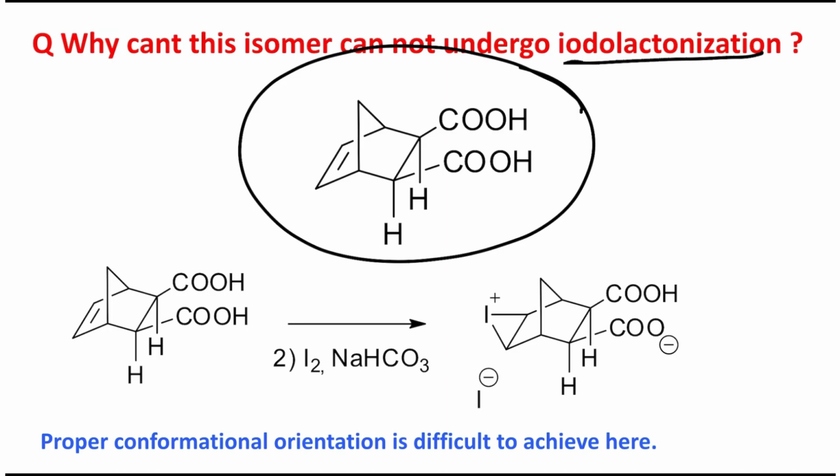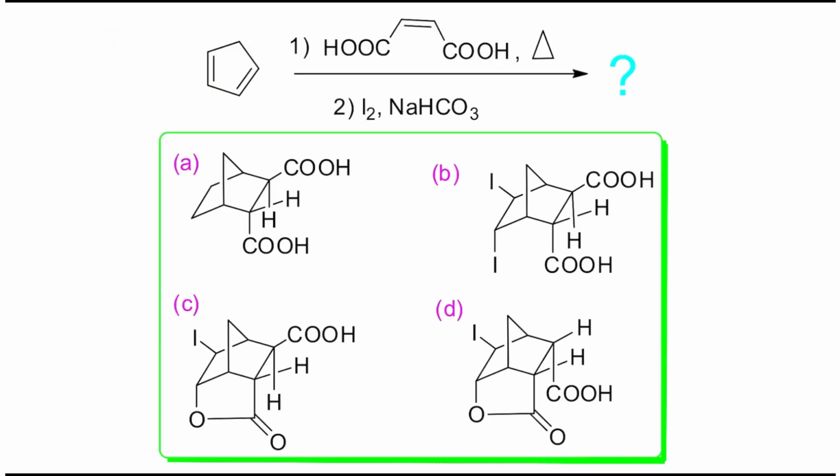In this way, in the first stage, iodine addition to form the bridged iodonium is possible, it will happen. But see, these two carboxylic acids are far apart from each other, so they can't attack. The iodolactonization is not possible, because five-membered ring formation is needed, but they are anti, they can't, and it's an intramolecular reaction, which is also not possible. So this cannot undergo iodolactonization. And please look at the options, because other reactions are possible, but in solving any MCQ you need to focus on what options are provided. Now the answer of today's discussion is option D.